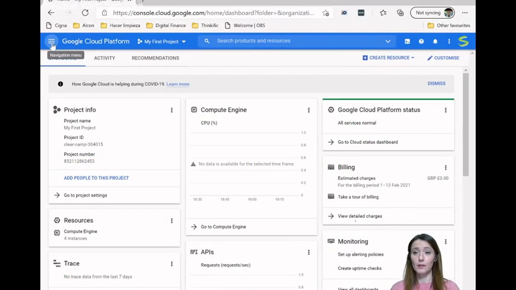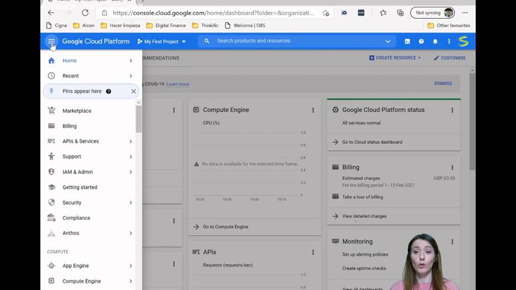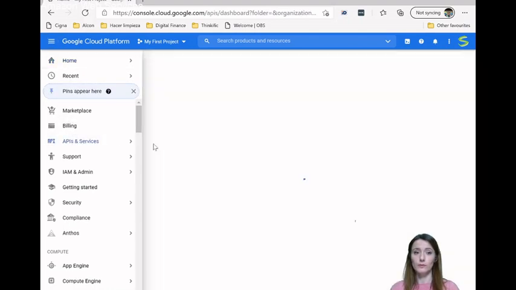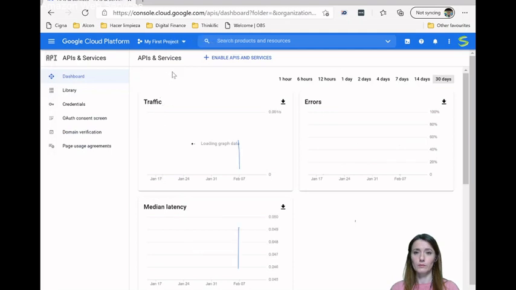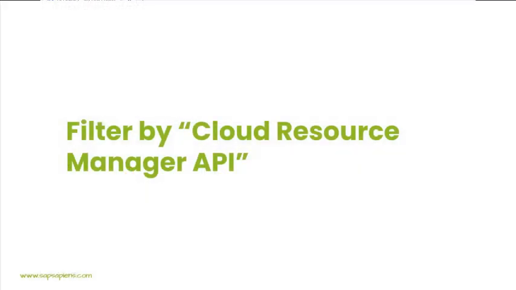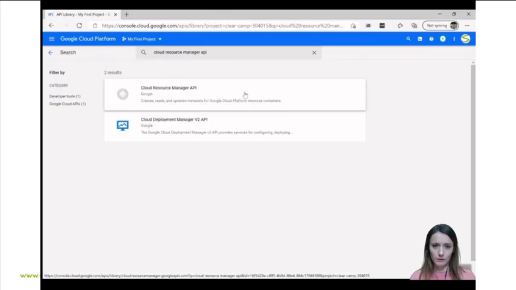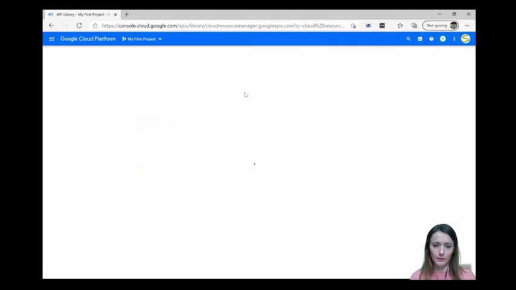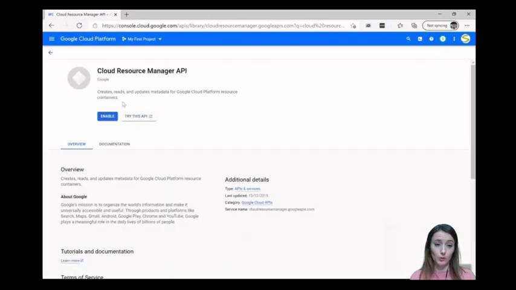Once you are in, go to API and Services, Dashboard, and press Enable APIs and Services. And then we enter, and we have to enable it.